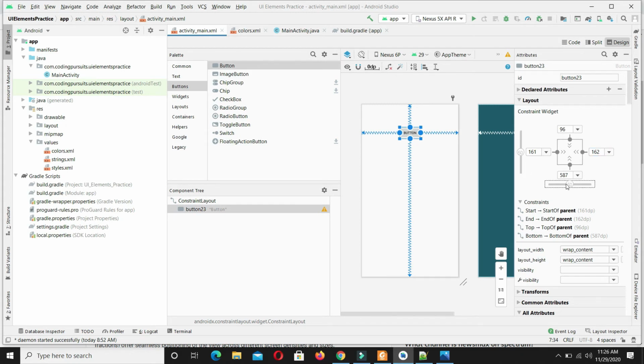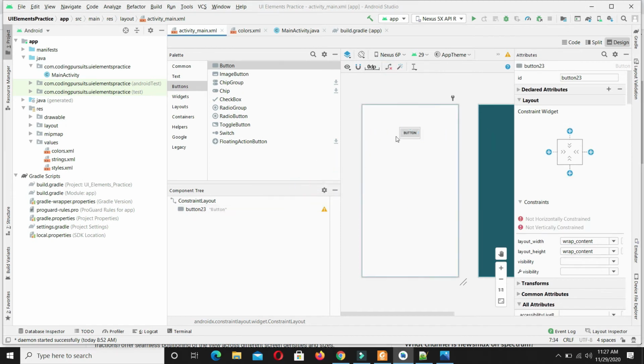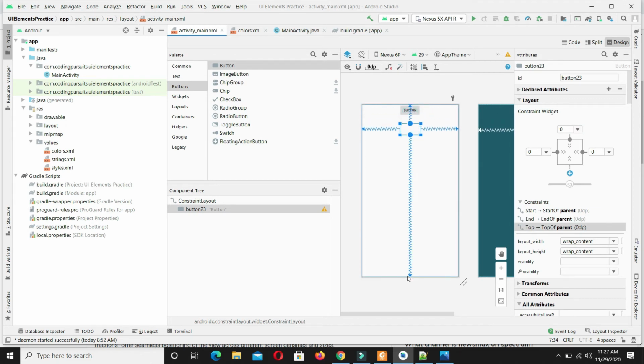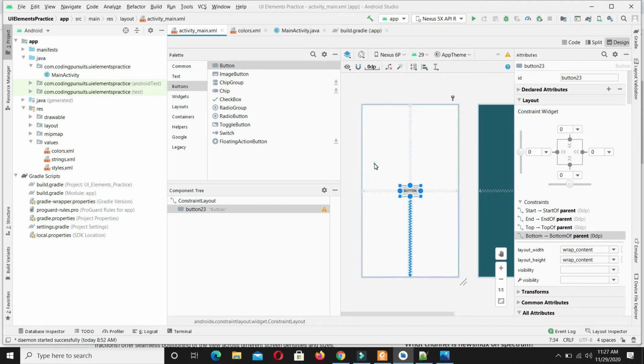From here I can select the bias of my button. For this I will have to clear the constraints and provide them again. Now my button has equal bias on every side. So now I have 50% bias on each axis.